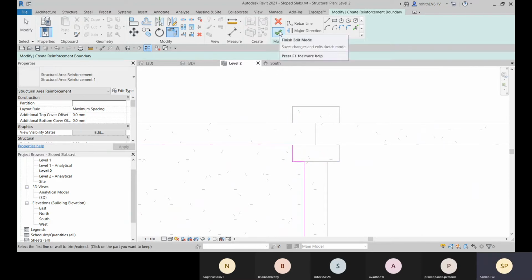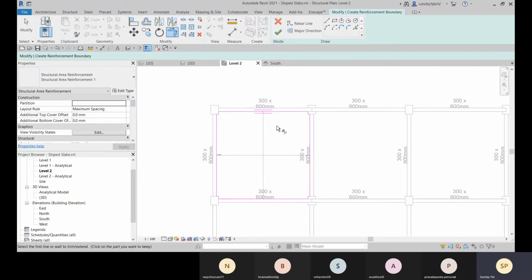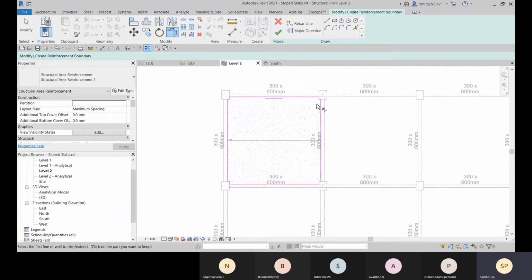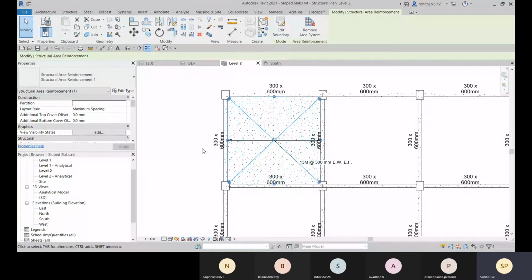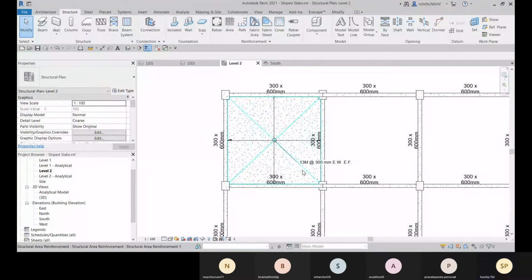Okay, so now let's go with this finish. And if you want to define the major direction, you can change the major direction, already. And now these are placed. Okay. Is this solved now? Yes, sir. Okay, right. All right.